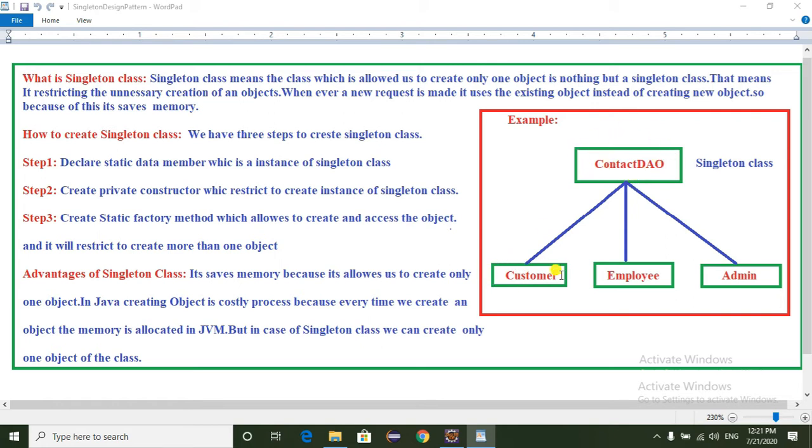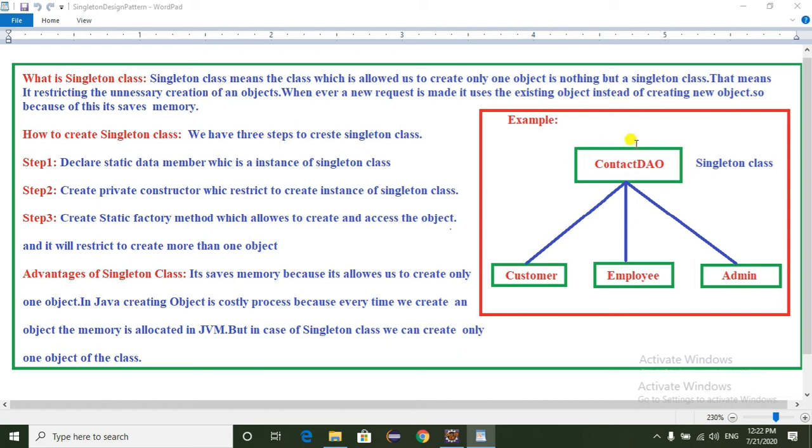Whenever I make a new request from the Customer class, an object of the Contact class is created and returned. When I make a new request from the Employee, a new object is created for the Contact class and returned to the Employee class. When I make a new request from Admin, a new object is created for the Contact class and returned to the Admin class.